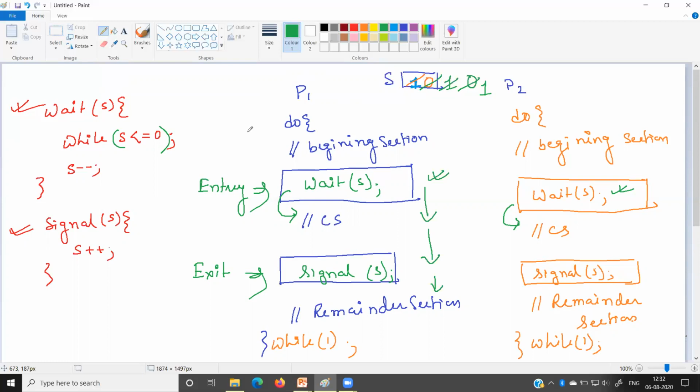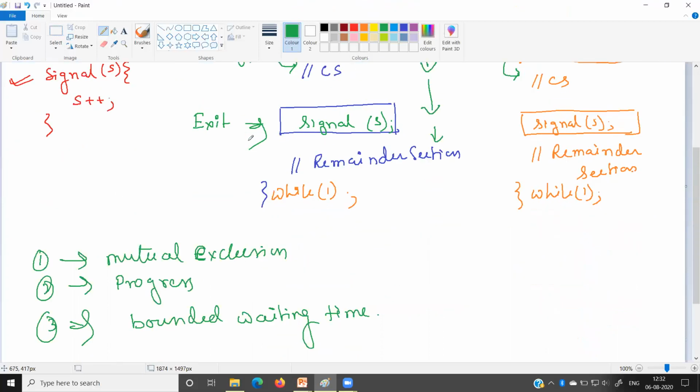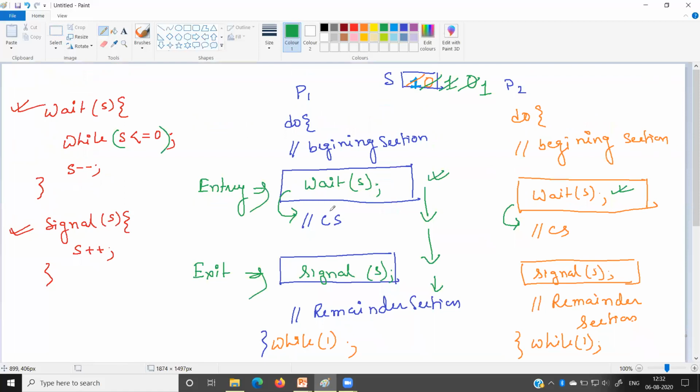Fine. Now the next one is bounded waiting time. What is bounded waiting time? While the P2 process is executing the critical section, P1 has to wait. How long will P1 wait?